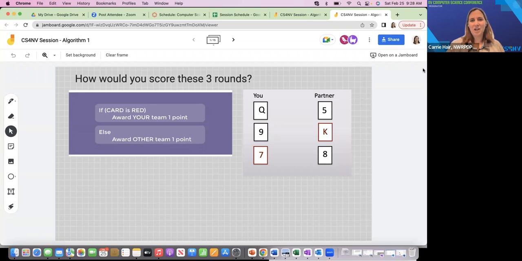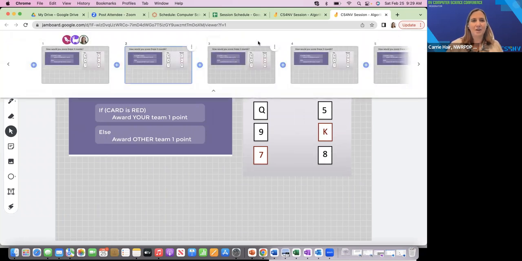And on each Jamboard, there are 15 slides. There's directions and there's some cards. And I'm going to put you in breakout rooms of 2 to 3 people. If you're in breakout room 1, you're going to go to slide 1. If you're in breakout room 2, you're just going to go next frame over, and you're going to go to slide 2. If you want to get there faster, you can expand that out, because if you're in breakout room 17, it might take a long time. So what I'm going to do is I'm going to go ahead and give you guys breakout rooms.